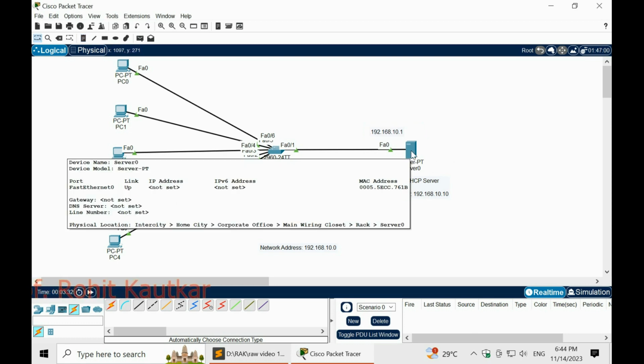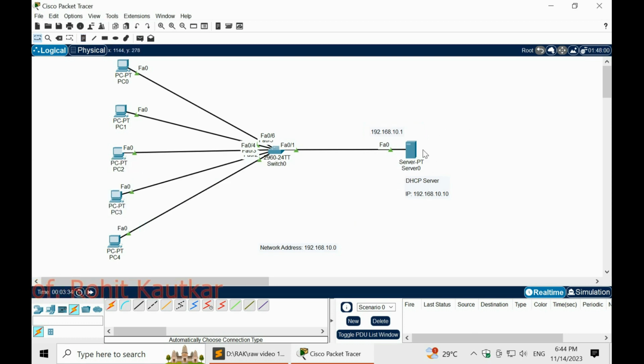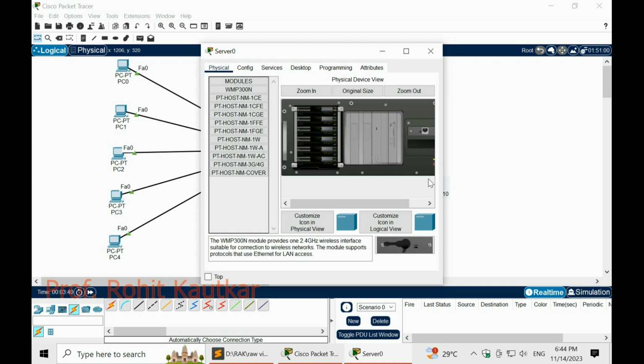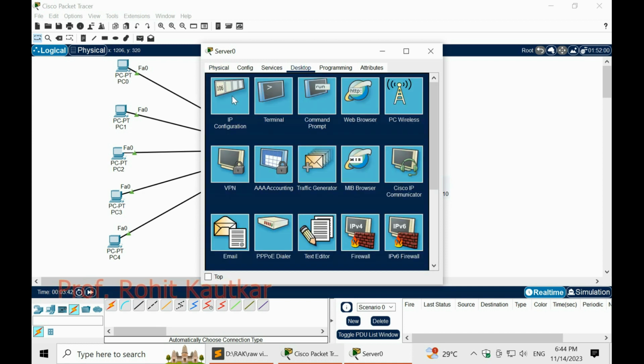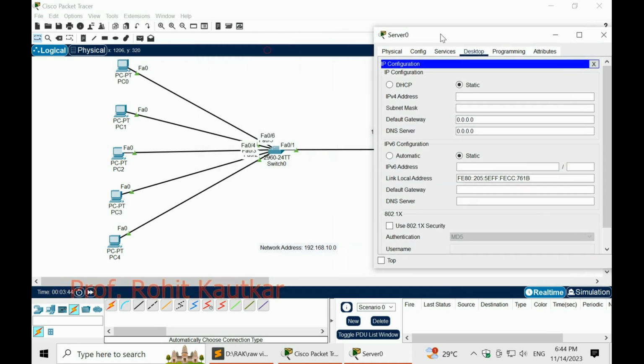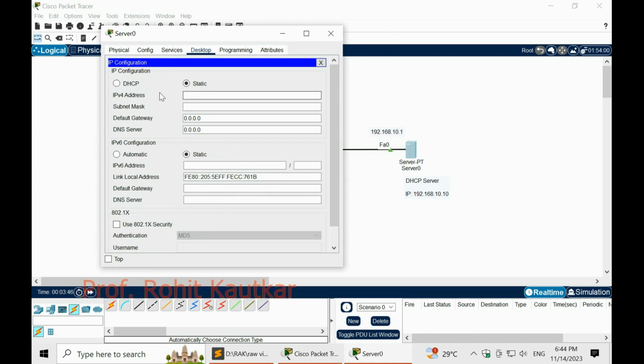Okay. So first of all, we will configure the DHCP server and its IP address. We will go to the desktop IP configuration, and in this we will statically assign one IP address to this DHCP server, whatever we have decided. So we have decided 192.168.10.10.